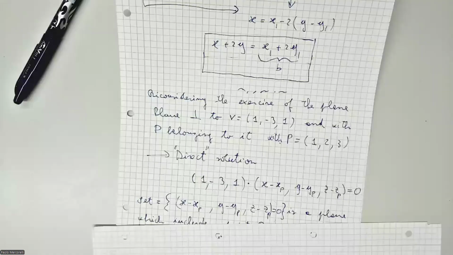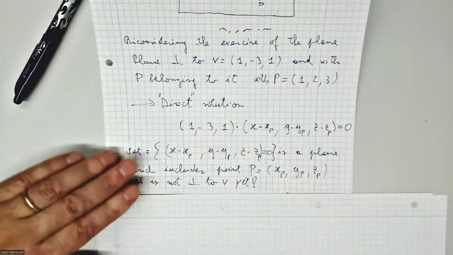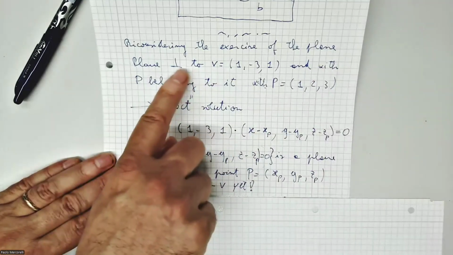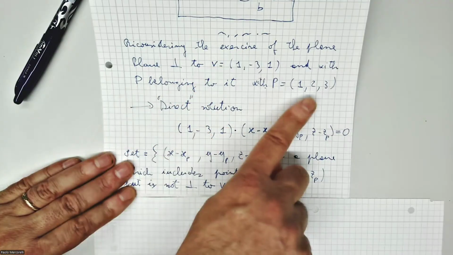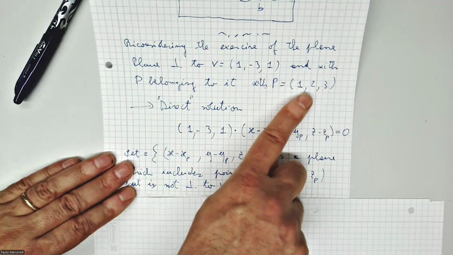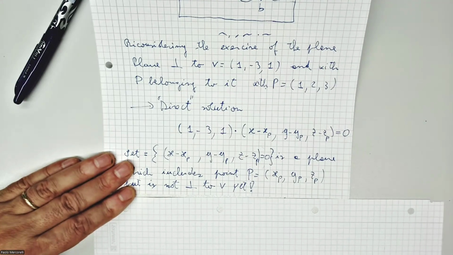Because this could be nice to recall, to try to answer. Last time I showed you something like that. Calculate the plane orthogonal to this vector and passing through the point P, 1, 2, 3. It is a different example, but in order to recall the concept which can help us to answer